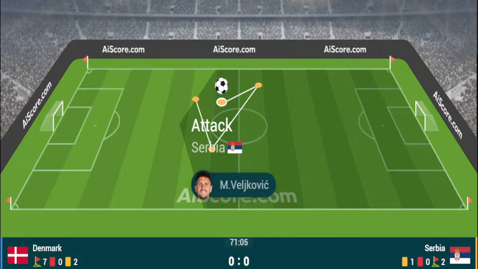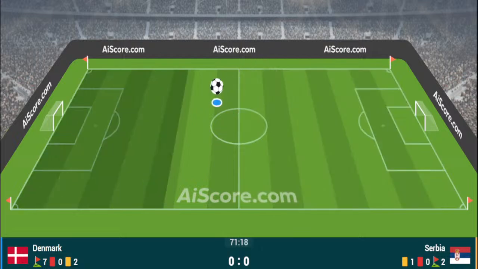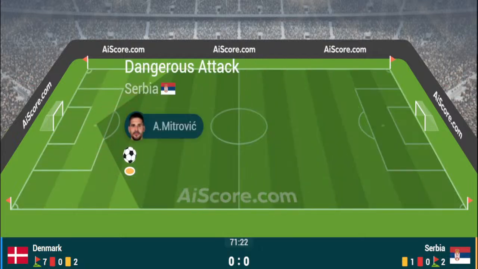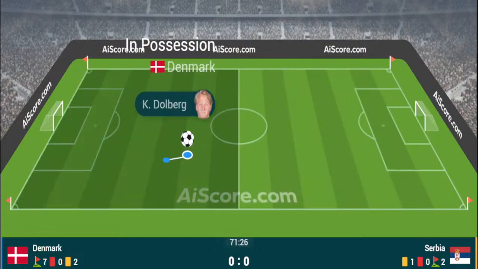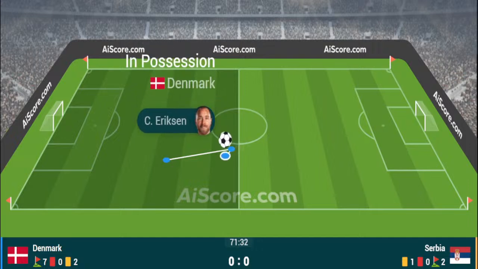Denmark clear it behind for a corner kick, but all of a sudden the Serbian supporters inside this ground are starting to believe, starting to feel as though maybe there's something in this game for them, and Tadic is geeing up the crowd, asking for more from the supporters. It's Denmark 0, Serbia 0, and Serbia are starting to feel like there could be a moment in the game for them. They need it, of course. They need a goal. There's no doubt about that. Denmark must score to have any chance of qualifying for the last 16 of Euro 2024.